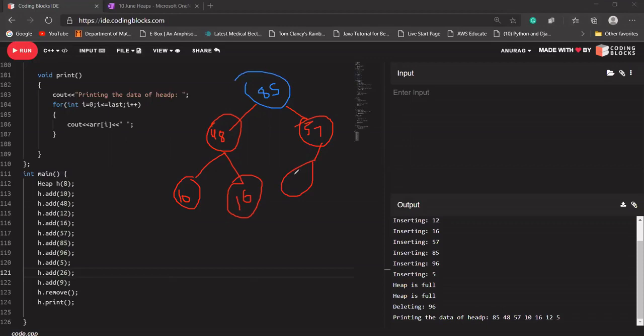Is it a max heap? Yes, it is a max heap, because as we see, every parent node is greater than both of its children.